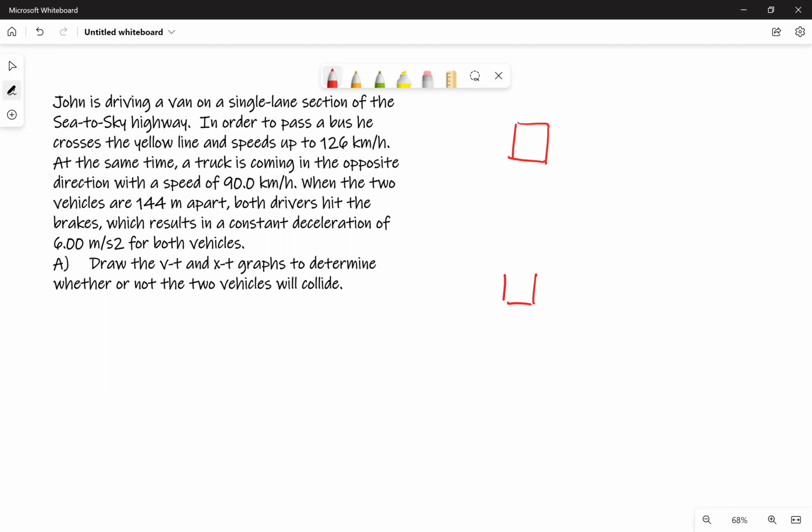So one vehicle is here. You can draw the other vehicle here. It's up to you. I prefer to do it this way, and there is no reason for it. It's just how I do it; it doesn't matter. So one vehicle has the initial velocity of 126 kilometers per hour. Let's call this vehicle 1 and this vehicle 2. V01 is going to be equal to,